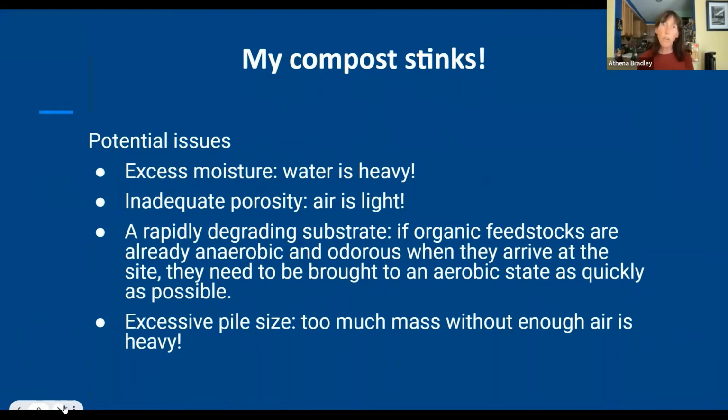So if you have odors like you have piles of water or puddling because we had a lot of rain, that could be that the puddles themselves are emanating the odors, and it's called leachate, and that's a really smelly condition. So it may not be your pile, it may be those. Excessive pile size can mean that it's too much mass and there's not enough airflow. So your odors have something to do with your overall process, whether your temperatures aren't rising enough, that's an indication that there's something wrong. If you have anaerobic conditions, that's probably why your compost is smelling. It's not a normal process.